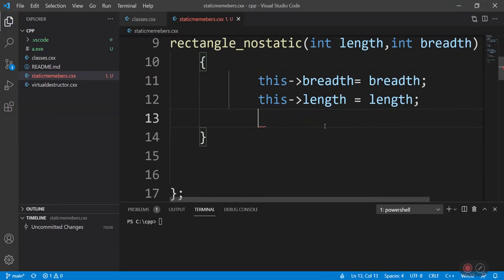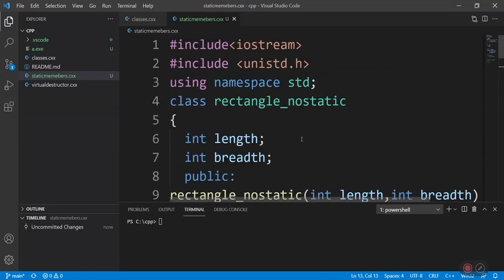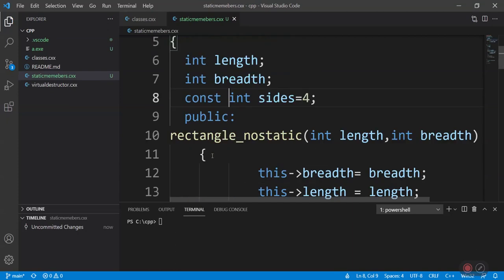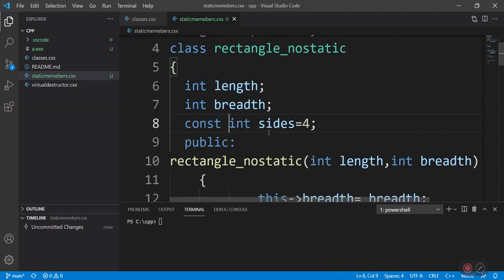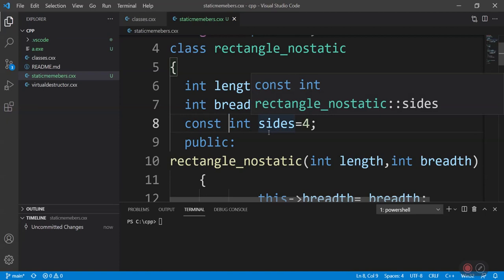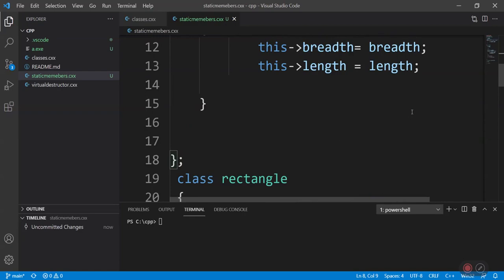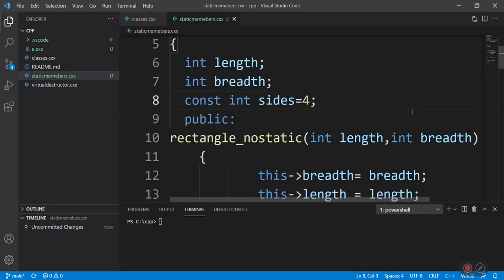Let's not make use of count for this class, we'll just make use of sides. Now let us not mark our sides as static. We'll make this just a member variable rather than a static variable, and let's try and understand the advantages of using static.